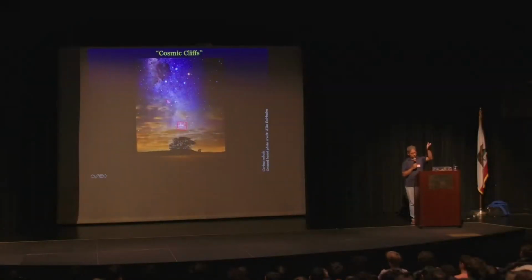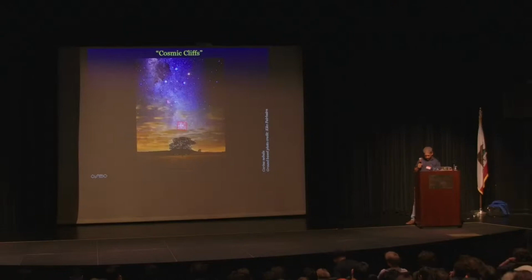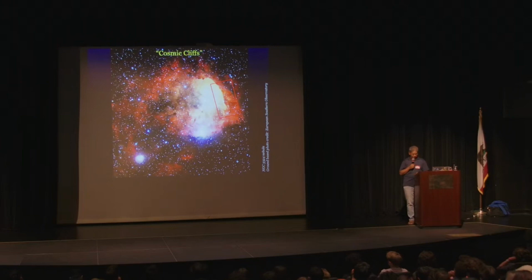Here's the Milky Way again as a vertical band. This is taken in the southern skies. This is a picture of the Southern Cross. In fact, I'll point out the Southern Cross to you. These 4 stars, sort of diamond shape, is the Southern Cross, not far from where the Earth's south pole is pointed, just like the North Pole points towards the pole star. And I want you to focus your attention on this red square at the bottom. No, maybe I'll use my laser pointer. This red square is something called the Carina Nebula.